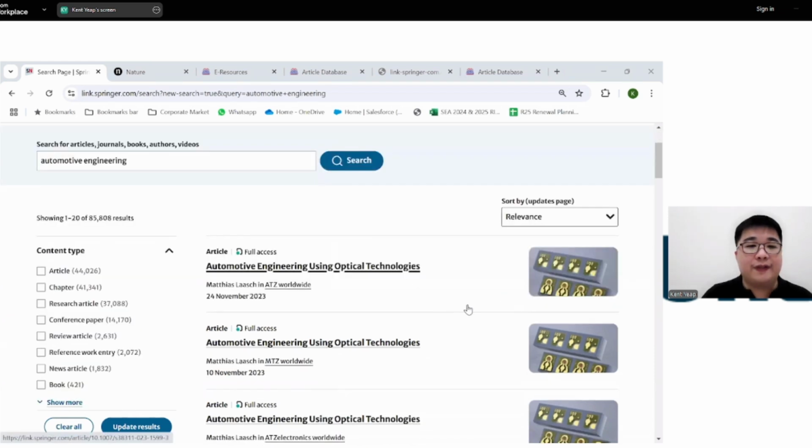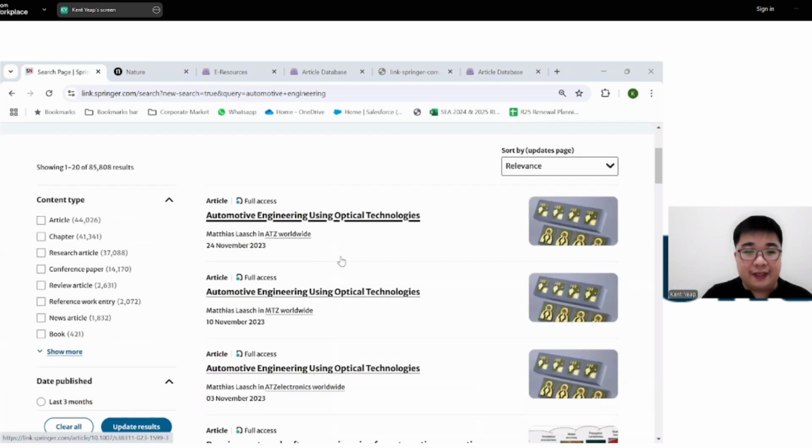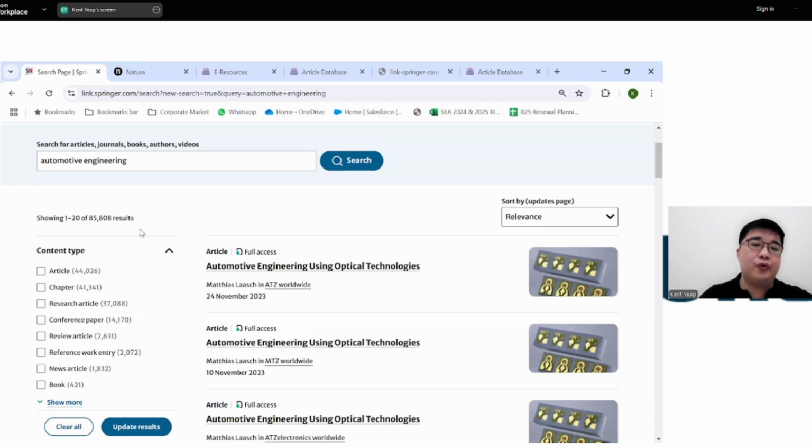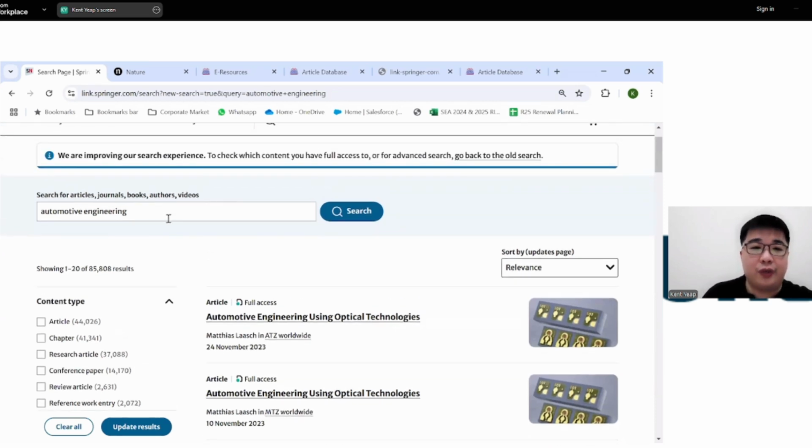And from here, you can see that there is a list of different results. It's currently showing 1 to 20 out of 85,000. And actually, the platform contains over 15 million and counting individual documents, and growing every day because we publish things on a daily basis. And what you need to do at this point is actually to refine it. You refine your search results in two ways.